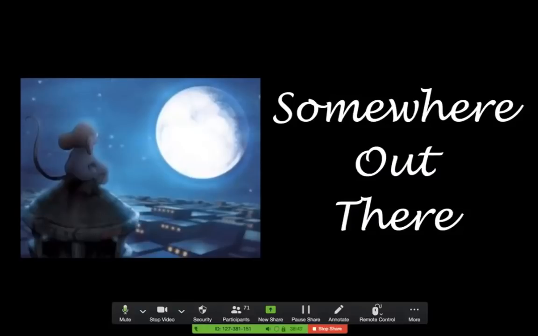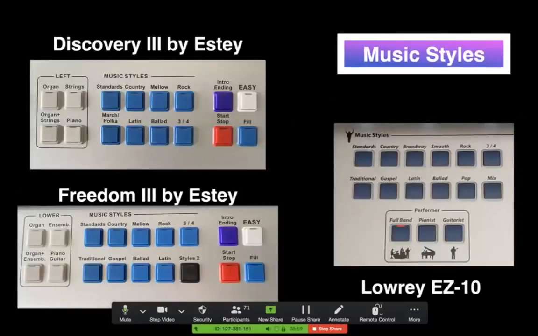And around this scene of the movie, he's sitting there and with that little boyish voice, the mouse sings a song, Somewhere Out There. It's just a very, very pretty song, and I've always loved playing it. But what I like to do is experiment with songs and not mess them up. And you're going to see there's some styles here that I'm going to go over in just a minute. If you look on the screen there,